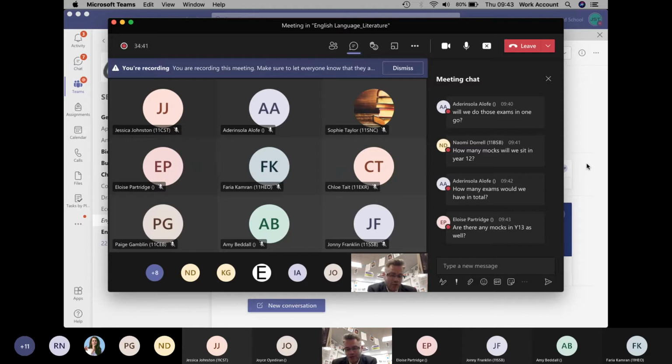That's the structure of the course. So there will be mocks in year 13. Of course, there would have to be. You need to know how you're getting on, and so do we. And if anybody trips up and shows they're struggling a bit, there's a bit of a banana skin, it gives us plenty of time to put it right by doing them at that point in year 13. Any more questions? Then I'll move on to the next exam.